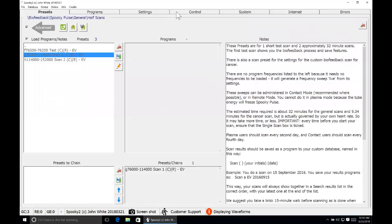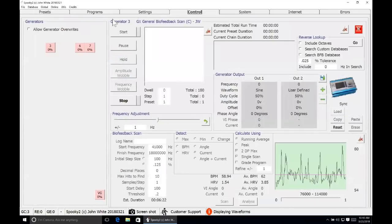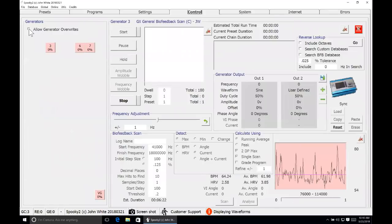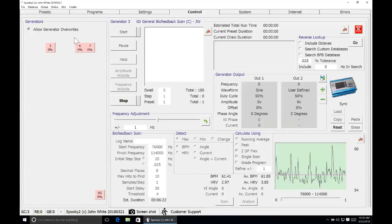If I go to Control, with Spooky2, however you set it, with the presets or manually through the settings, when you go to Control, before you click on a generator to load, click on Allow Generator Overrides. That gives Spooky permission to load what is in Spooky memory into the generator or the active memory. So I'll start up my XM generator. Number 3 in my